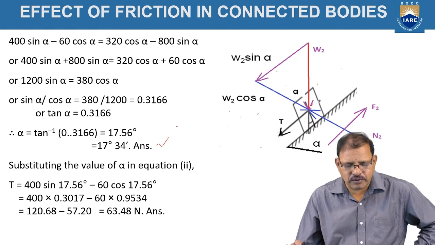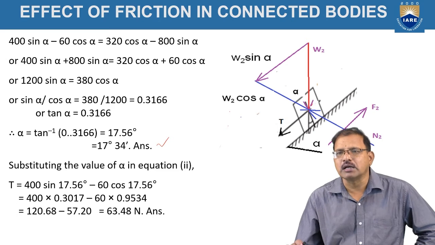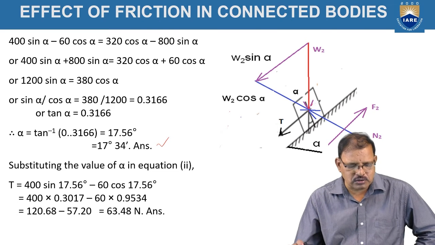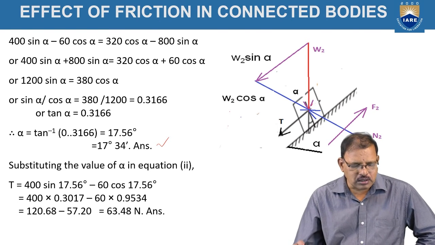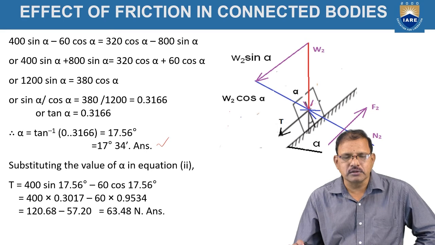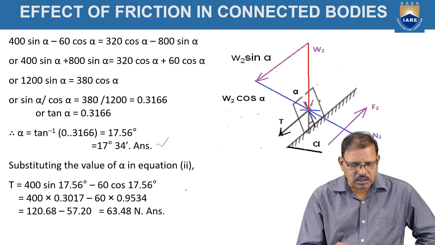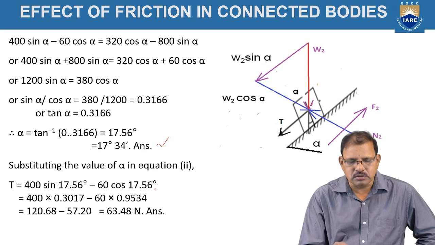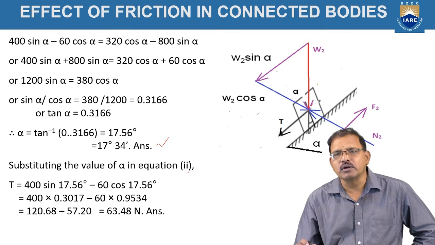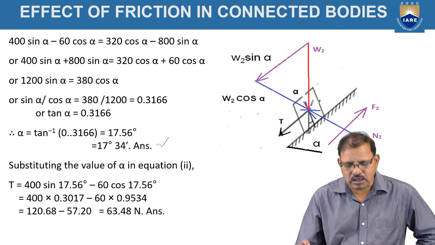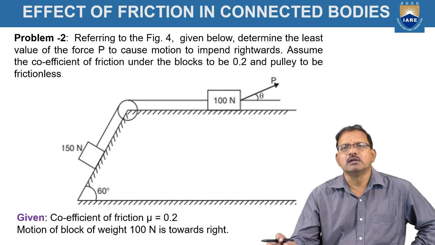Substituting the value of alpha in equation number 2 or 4, we got T. In the second equation, T is equal to 400 sin 17 degrees 34 minutes. On simplification, we got T is equal to 63.48 newtons. These are the required answers. Similarly,